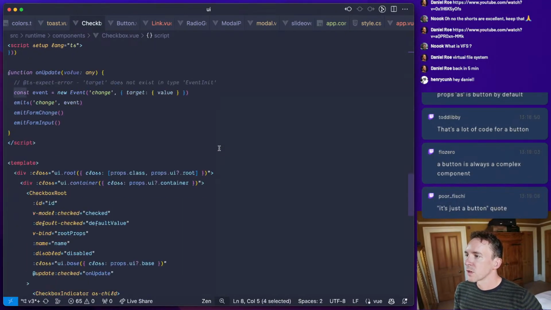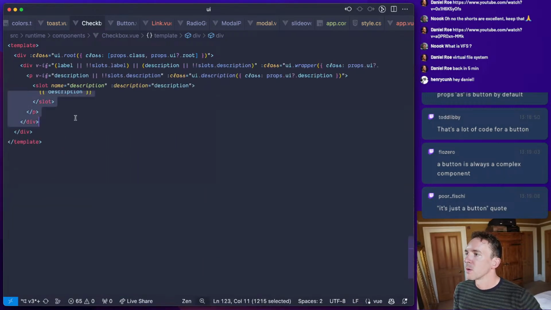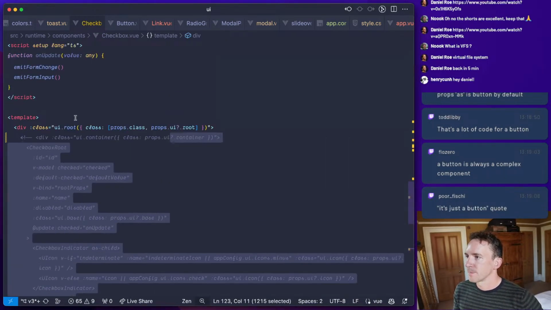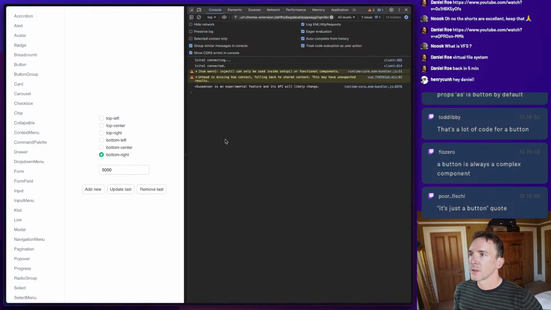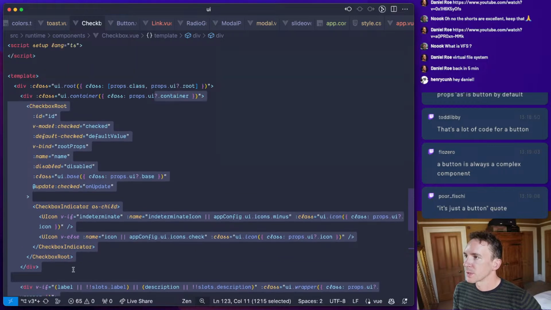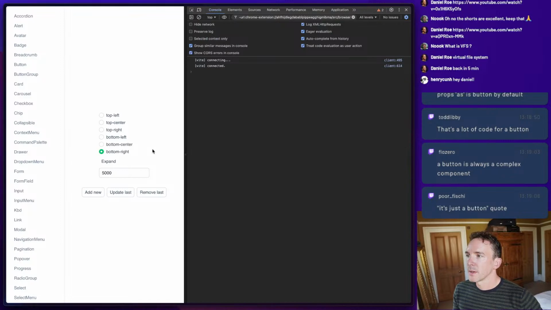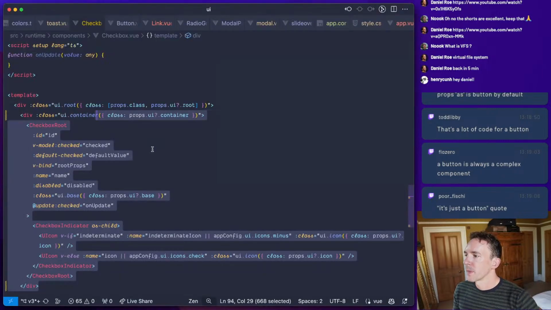Okay, let's just confirm, is the issue something to do with setup, or is the issue to do with the template? So here's our checkbox, working fine. So it's not the setup, it's something to do with what's going on in here. Let's see, could it be this bit of the template? Yes. So the checkbox issue, it's somewhere in here.